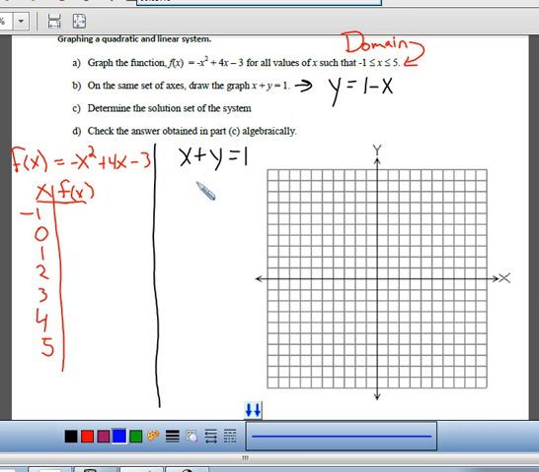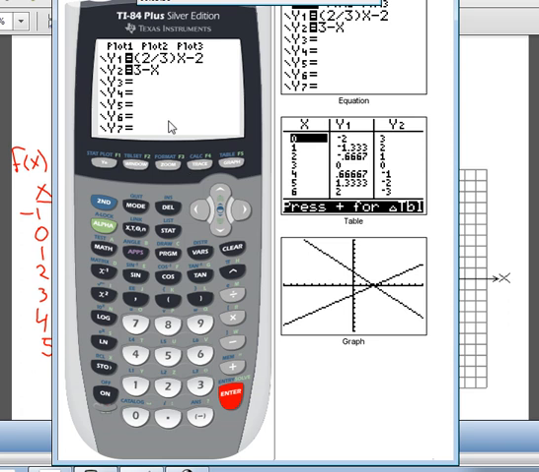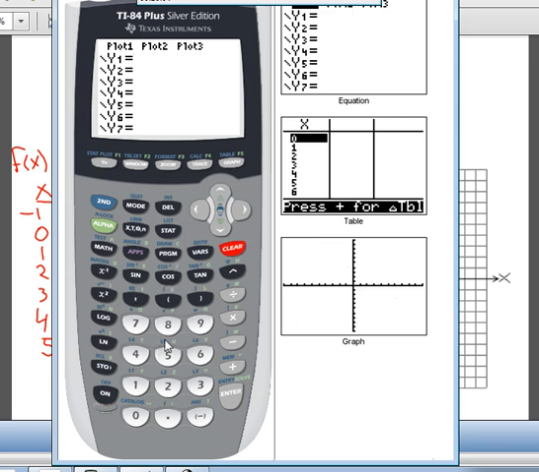Let me switch to blue here. And I don't know what my domain and range are yet. I'll get an idea once I put this in my graph. Alright, so I still have that old junk in my calculator, so I'm going to clear that out. And then I'm going to type in my quadratic function, so negative x squared